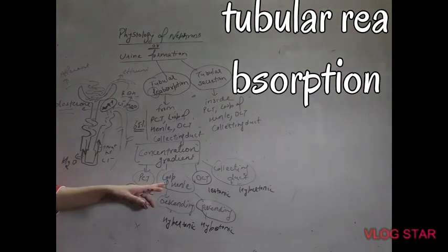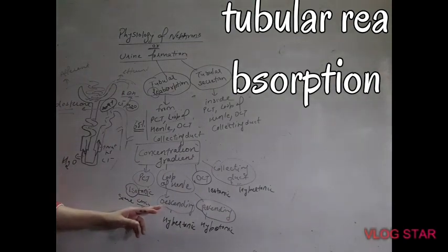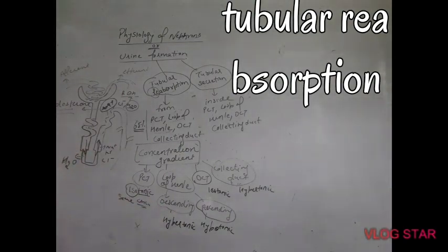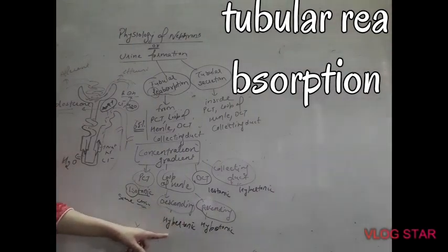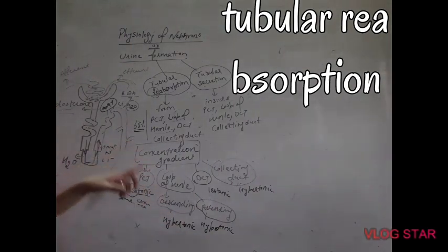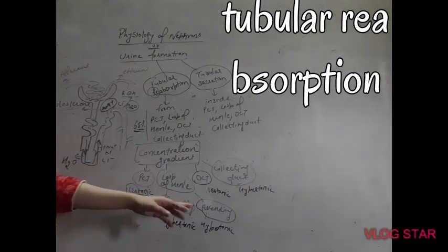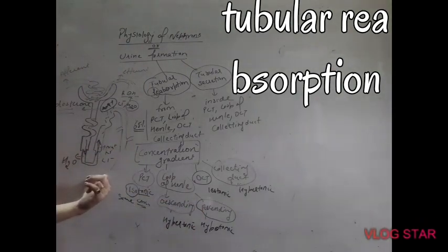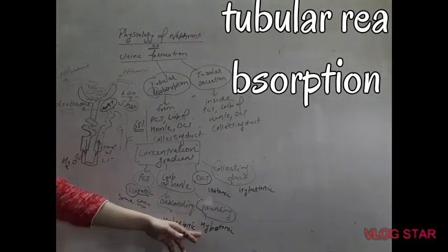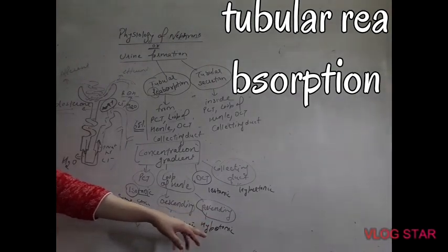And inside the loop of Henle, reabsorption takes place in two different paths, descending and ascending. In the descending limb only water is reabsorbed, because water is taken out from the glomerular filtrate. So the glomerular filtrate becomes hypertonic, where hyper means more. The concentration of glomerular filtrate inside the descending limb of the loop of Henle is more than that of blood plasma. And in the ascending limb, because only sodium chloride ions are absorbed and water is not, the concentration becomes hypotonic again. Hypo is for less. The concentration of glomerular filtrate is less than that of blood plasma.